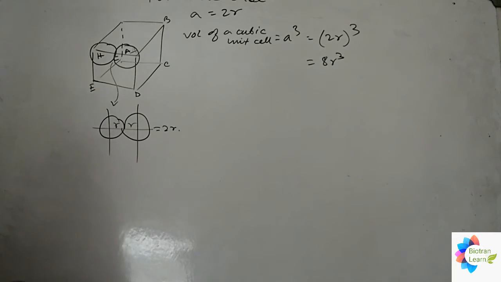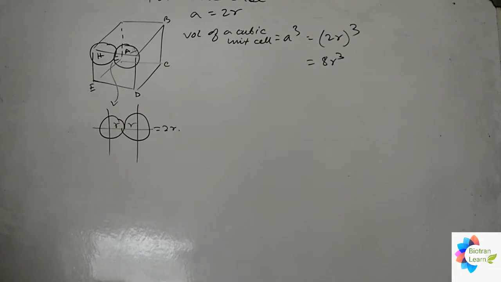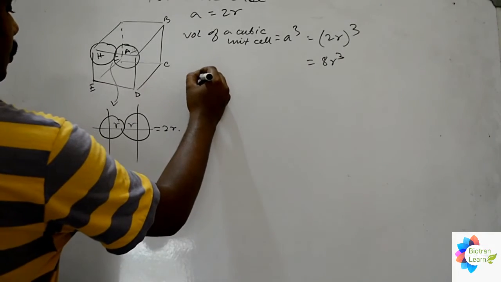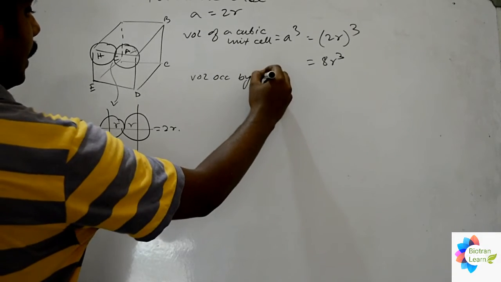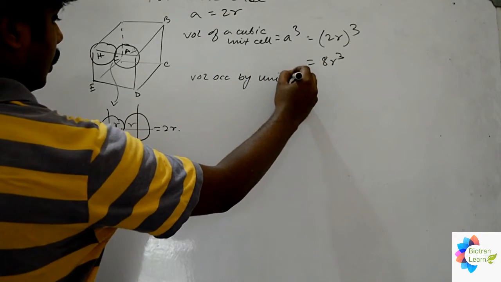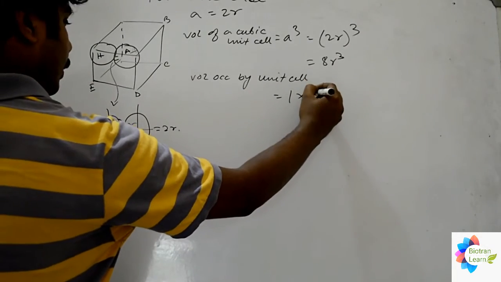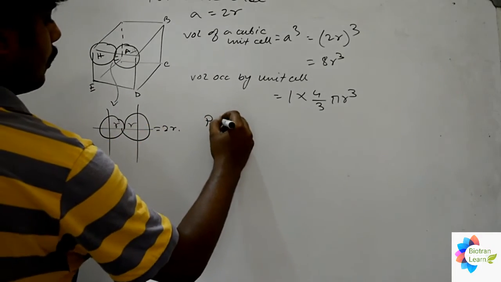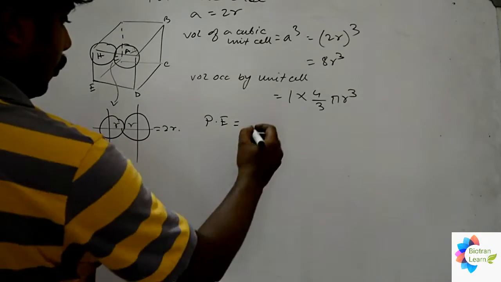Now each unit cell in this particular case will contain one single atom, right? Then the volume occupied by the unit cell, how much will it be? 1 into 4 by 3 pi r cube. Now let's calculate the packing efficiency. So what would be the packing efficiency? Volume of one atom,